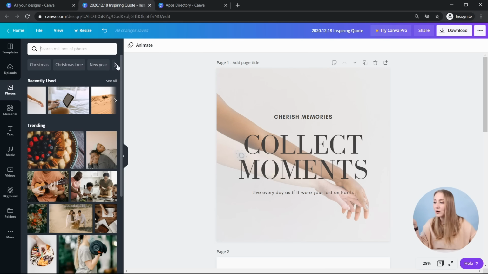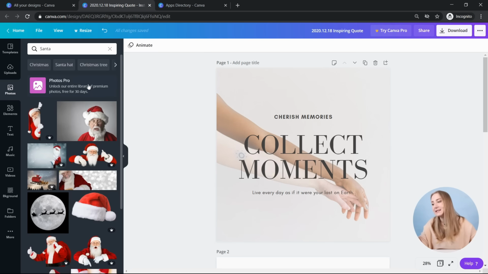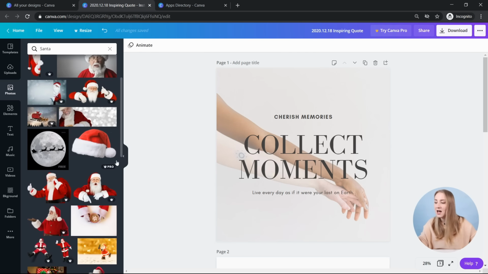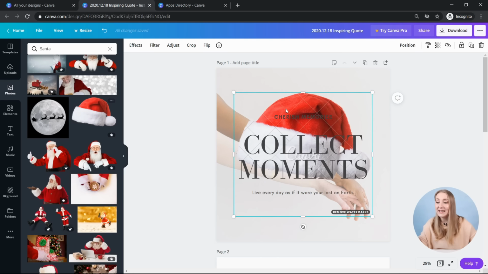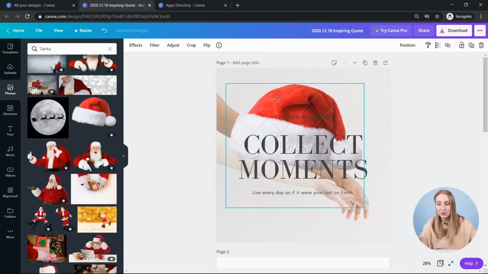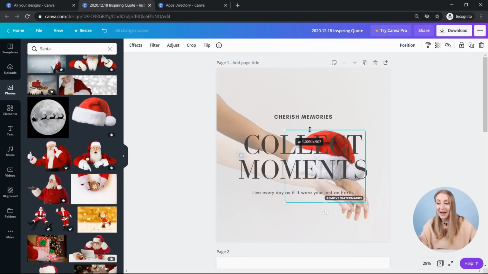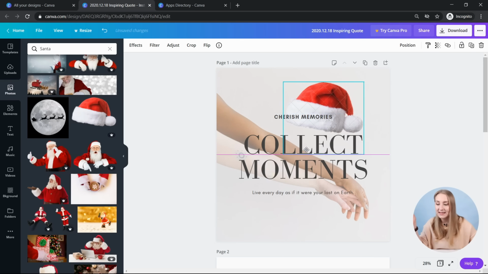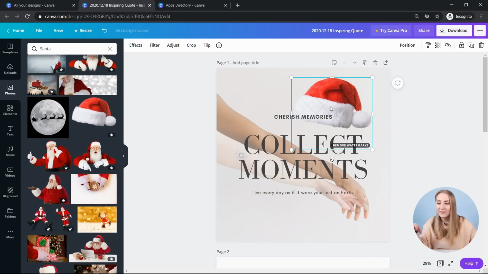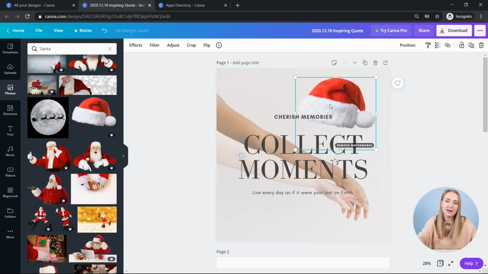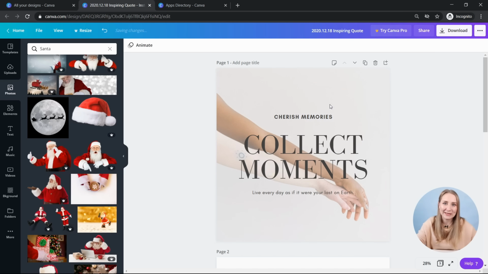Then you've got the more seasonal subjects that Canva shows. So Christmas, different themes to keep you inspired. You've got Santa, for example, and you can just click on Santa. Sometimes with Canva Pro, you've got PNG designs as well, so photos without backgrounds. Obviously, this is a paid element. But if you had a model in here, you can just add that Santa hat on top of that model and it would emulate a more Christmassy vibe.